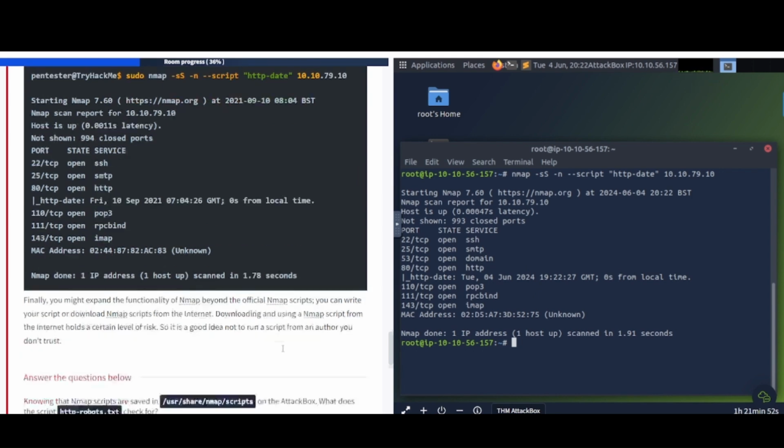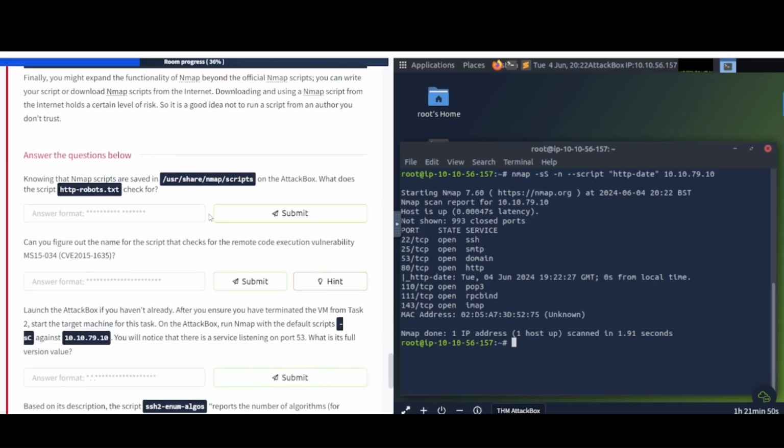All right, so question time. Knowing that Nmap scripts are saved in /usr/share/nmap/scripts on the attack box, what does the script http-